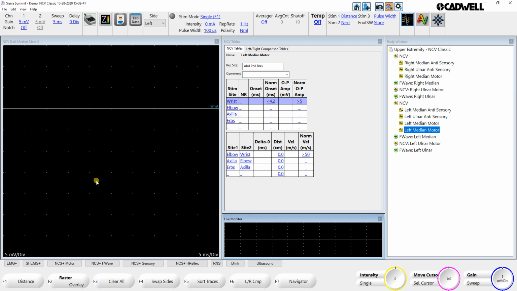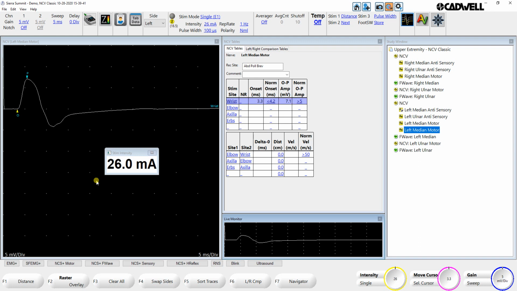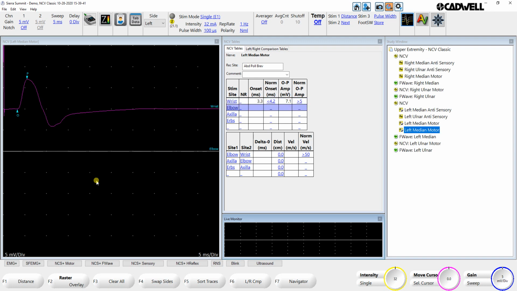So just like in the sensory tests, we can stimulate with the stimulator, and you can find your super maximal response. Once you get a response you like, just hit store, and that takes you to the next site. In this case, it's set up for elbow. Hit elbow response, and then I'm going to hit store if I want to move on,